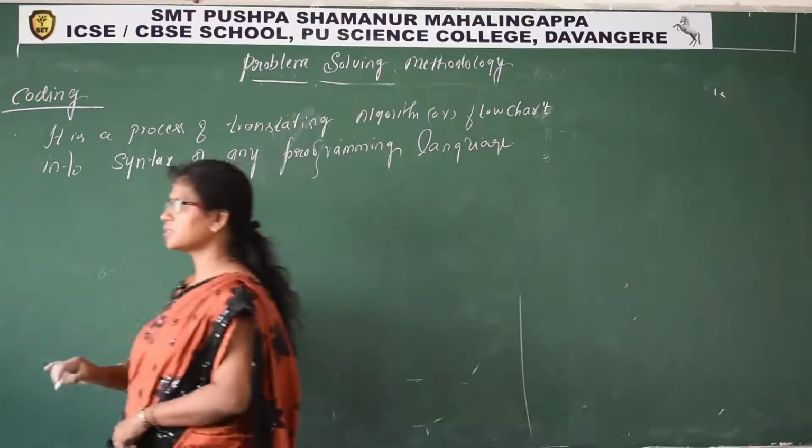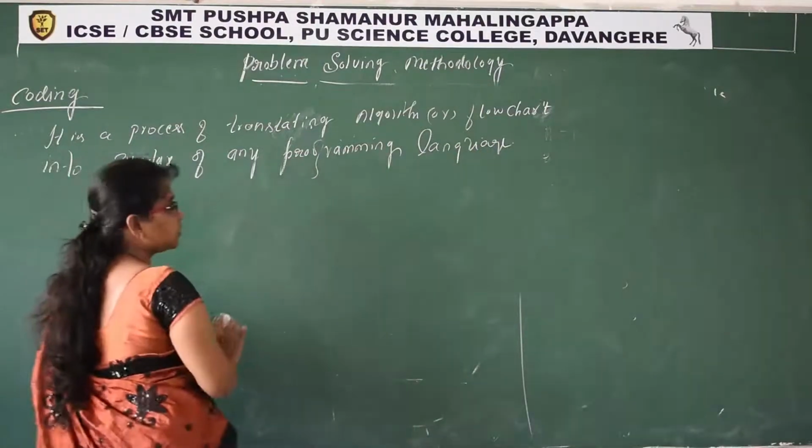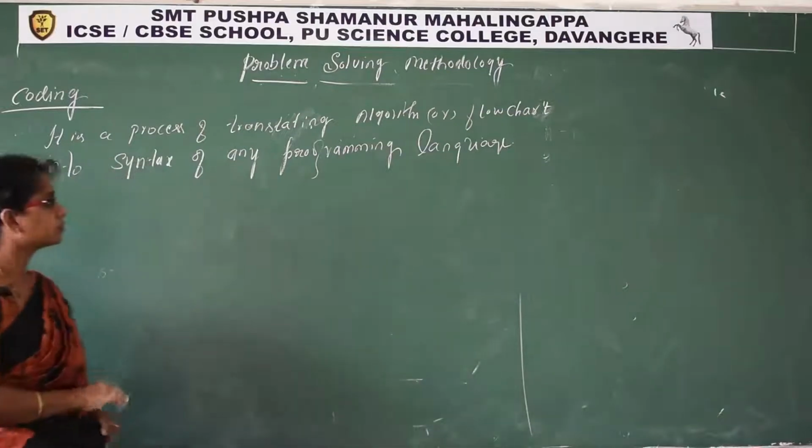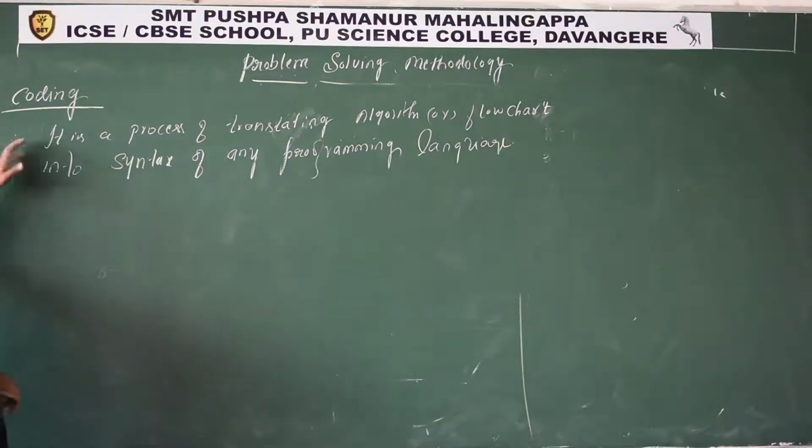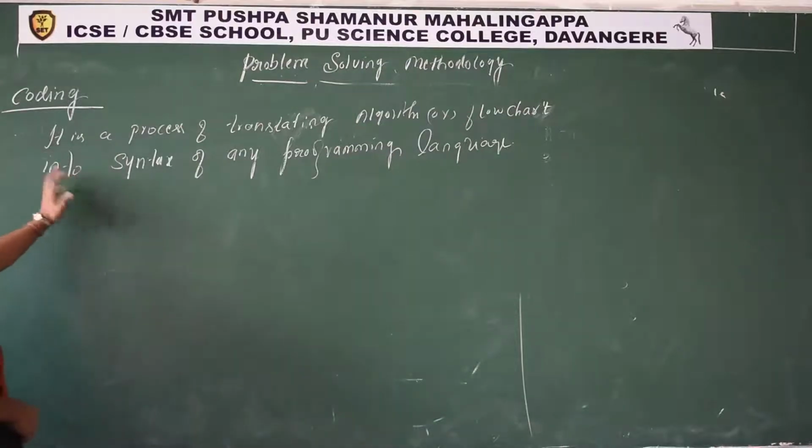For your syllabus, they have given C++ as a programming language. So this is coding. So you'll get only one mark question on coding in this chapter. What is meant by coding? That's it. Next,